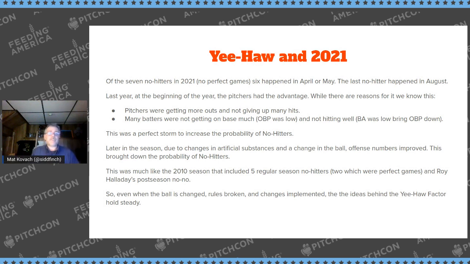But as we look at 2021, we had 7 no hitters. 6 of them happened in April or May, and the last no hitter was in August. Obviously, last year, and we all know it, batters were at a disadvantage to the pitchers. The pitchers had some good things going for them. You had a shortened season, you had COVID, which helped in some ways. The pitchers were doing something with, what was that, like spider tack and all that stuff. We all know what happened there.